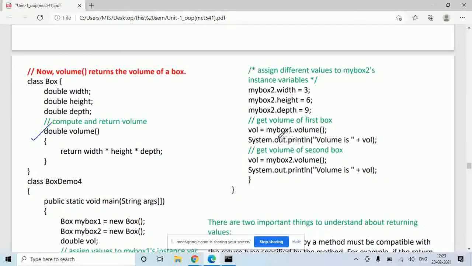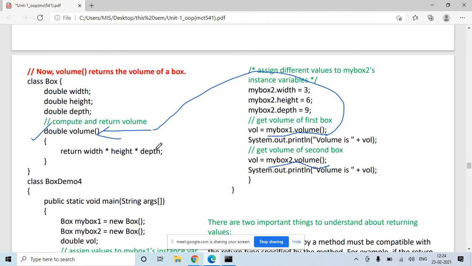So similarly, like in the earlier program, mybox1.volume, you have called the volume function for object 1. mybox2.volume, you have called the volume function for object 2. So when you call these functions, this function will get called.